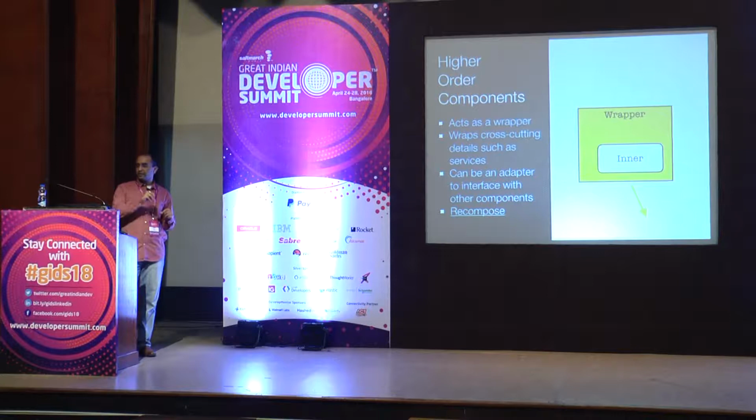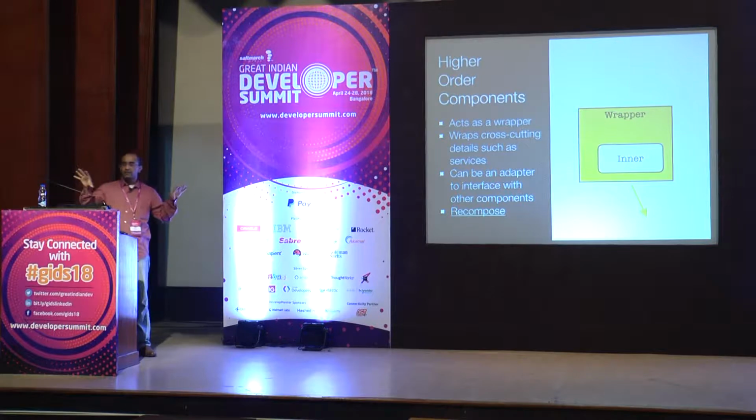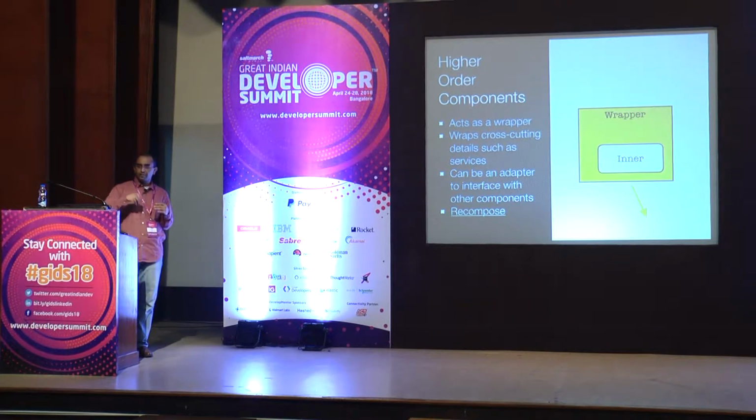When you see that the inner component is kind of doing too much, it's probably time you want to break it apart. And maybe create a composed component where one component is enclosing the other, or maybe have two separate components which are kind of living side by side. But what would be the case? A higher order component normally takes in a component itself as an input that acts as a consumer of the producer. Right? So the higher order component, the wrapper one, is actually the producer, and the one inside of it is the consumer. And you'll see examples of that in frameworks like Redux and MobX,